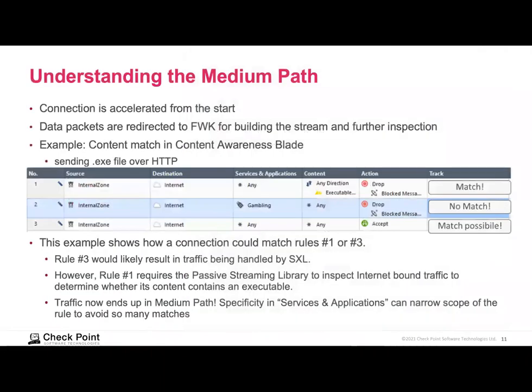So let's talk about medium path. And medium path is interesting because it's kind of a mix of both FWKs and SNDs. So, this is when basically data packets have to be redirected to a worker to build the whole TCP stream for further inspection. So a good example of this could be the content awareness blade, where basically we're looking for, hey, does this file match certain criteria? And obviously, the gateway can't make that decision until it has seen the whole stream, because